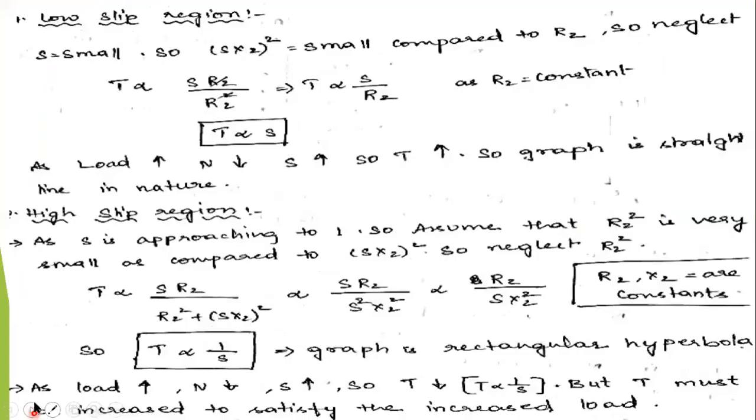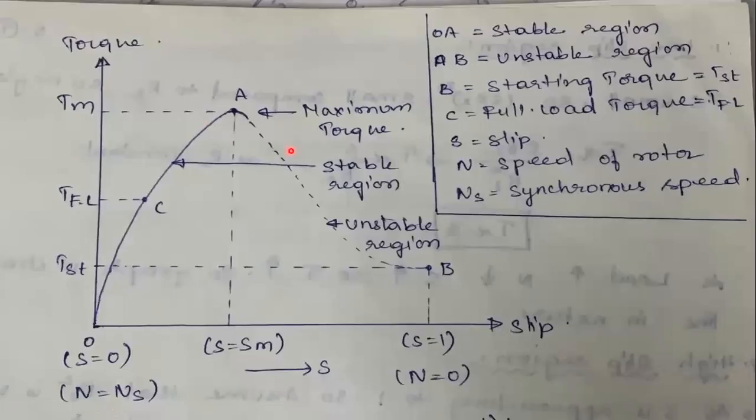So if you see here, of the two slides, this is the torque slip equation, torque slip characteristics. So here at starting S is equal to 0, when N is equal to Ns. N cannot be equal to Ns, but these are only assumptions, right? And this is the maximum slip region. S is equal to 1 exists, but S is equal to 0 does not exist. Okay, so S is equal to 1 is the high slip region, and at starting S is equal to 0 is the low slip region.